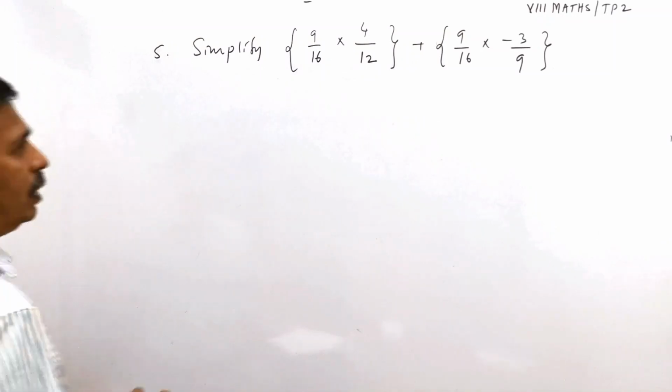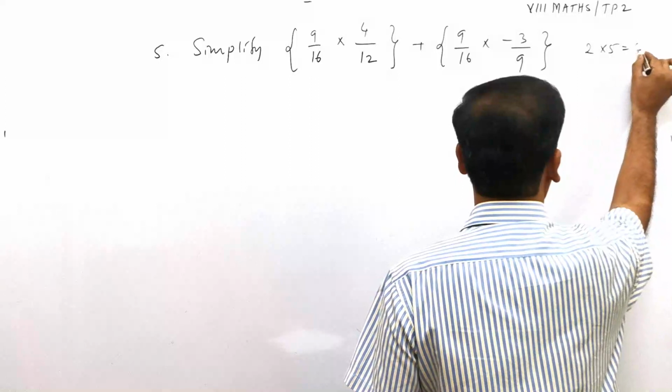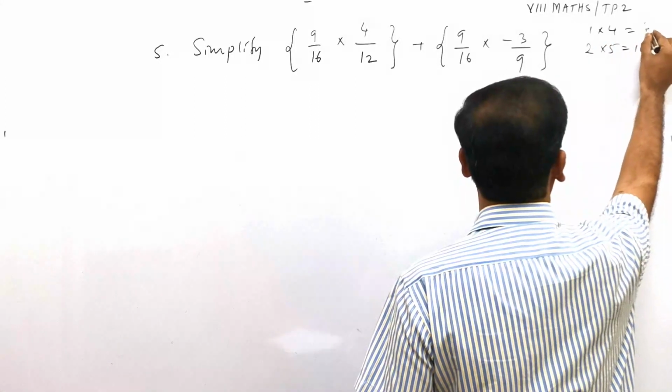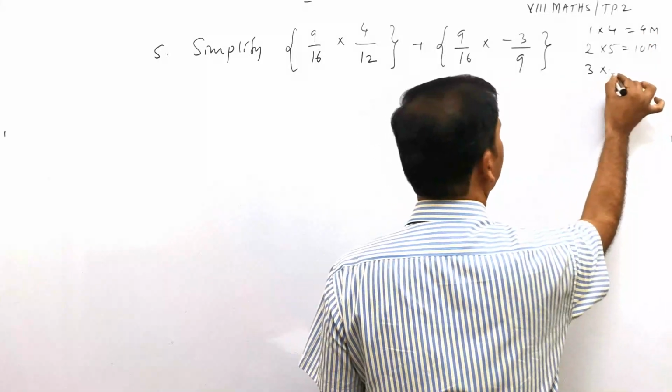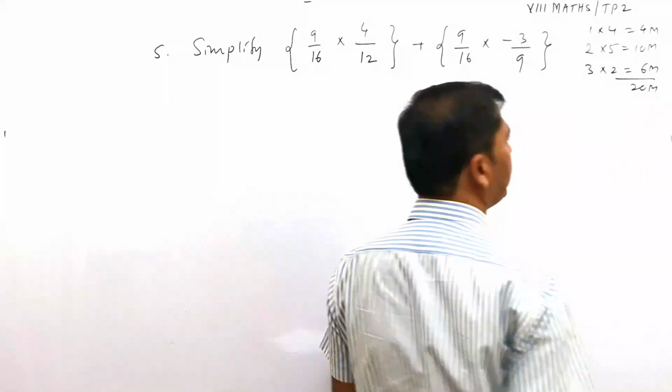This question I have taken for 2 marks. Such 5 questions I have taken, which leads to 10. The first one is 1 mark, 4 questions we have completed, that leads to 4 marks. Actually, this is the scheme. 3 marks, 2 questions are there, 6 marks total. It will be a 20 marks test paper here.